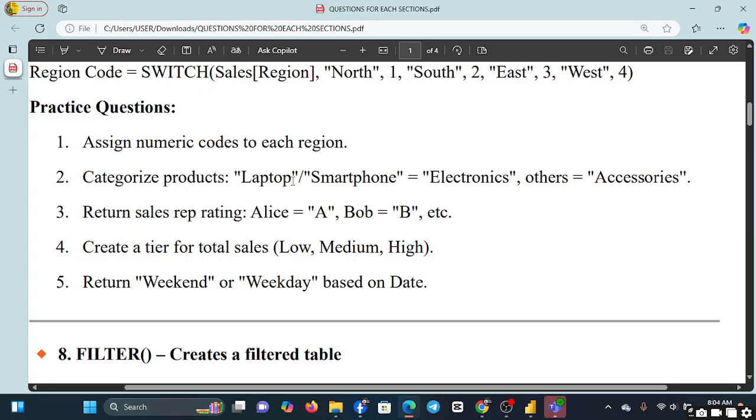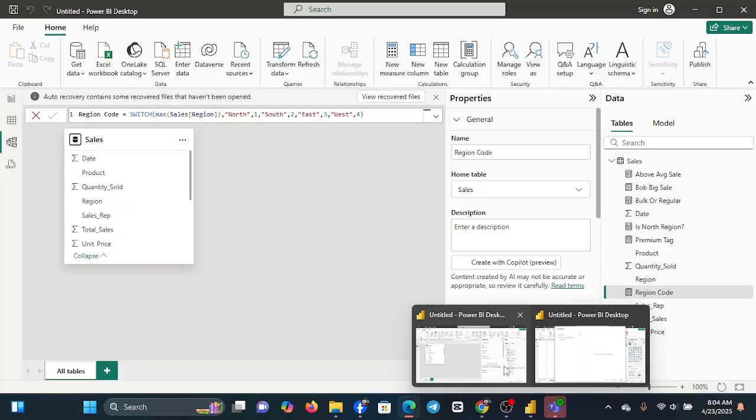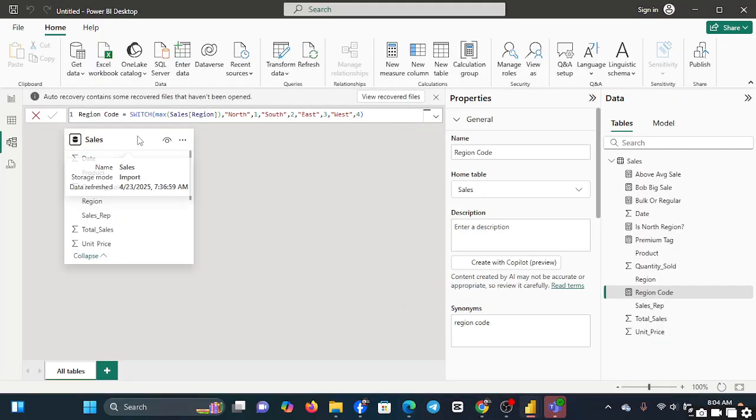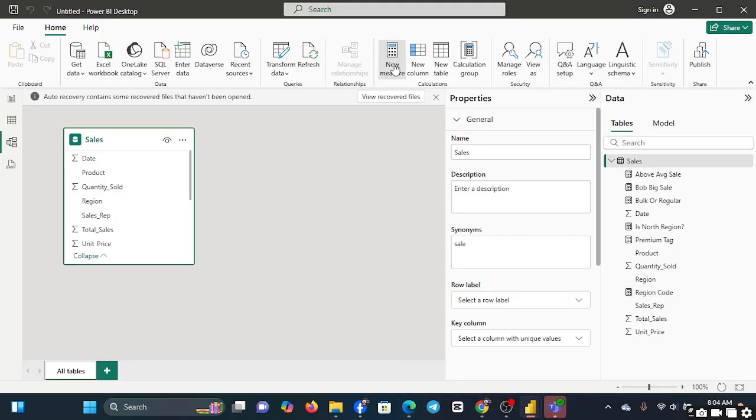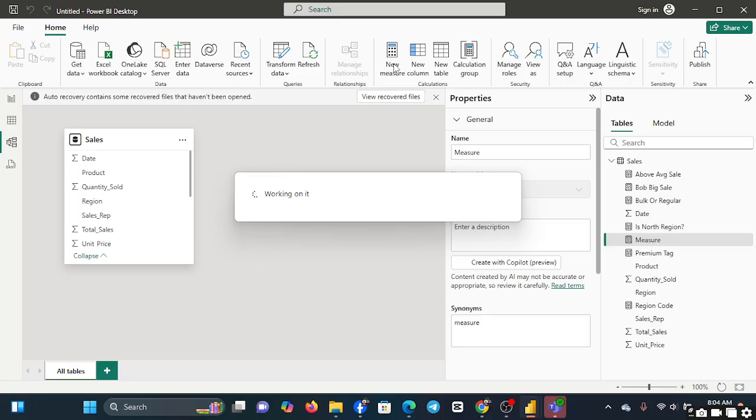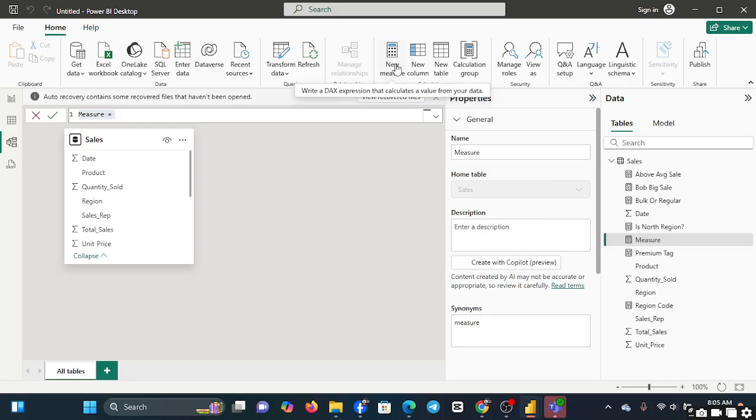So we want to categorize the product: laptop and smartphone are electronics, others are accessories. So how can you categorize it? If you have this kind of question, this is what we are going to do. Click on new method, then we are going to categorize the product types. We say product types